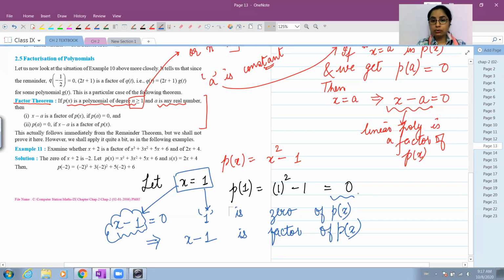If the remainder is 0, that means जिस polynomial से आपने begin किया था, that particular polynomial is a factor of p(x). So ये यहाँ पे जो भी मैंने बनाया है polynomial, this polynomial is g(x), the divisor. What is the difference between factor theorem and remainder theorem? There is no difference as such. Remainder theorem is used to find out the remainder when a polynomial is divided by a linear polynomial.